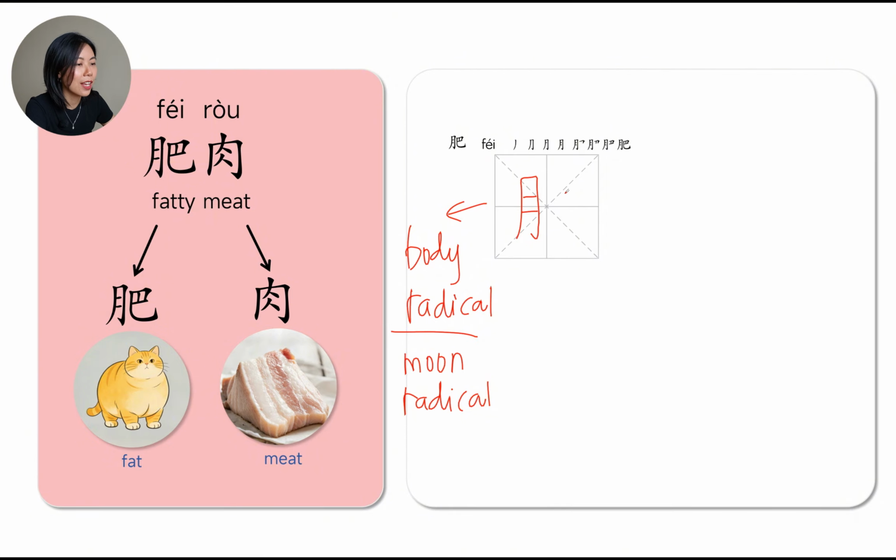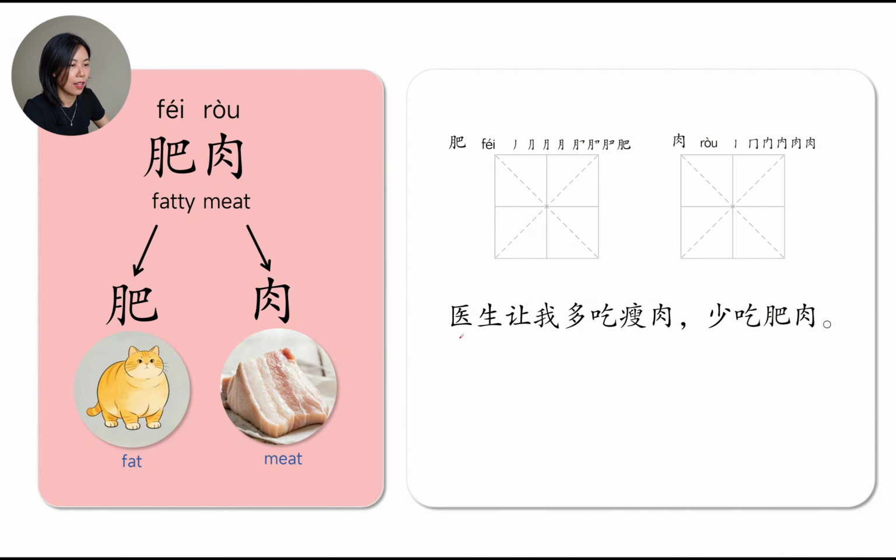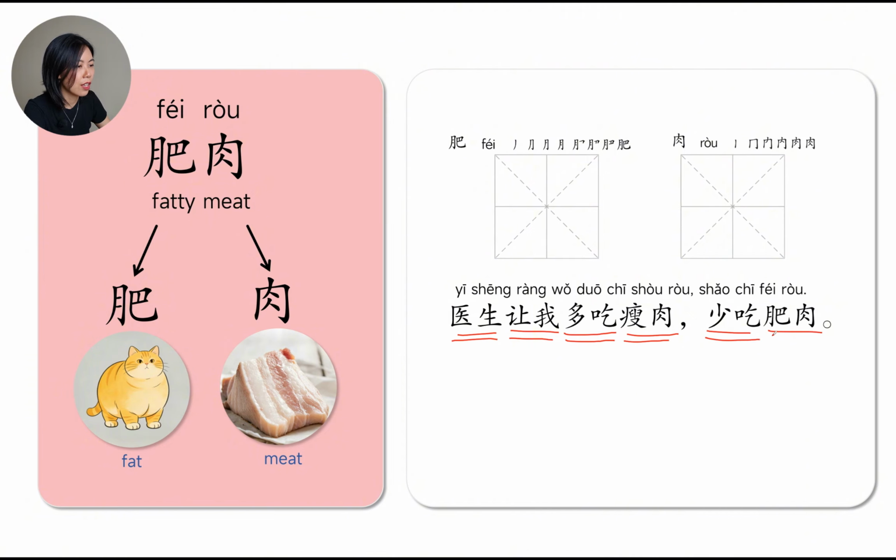And now let's continue the 肥, the right part. 1, 2, 3, 4, 很好. And then 肉: 1, 2, 3, 4, 5, 6, 很好. 这是肥肉. Sentence: 医生让我多吃瘦肉少吃肥肉。